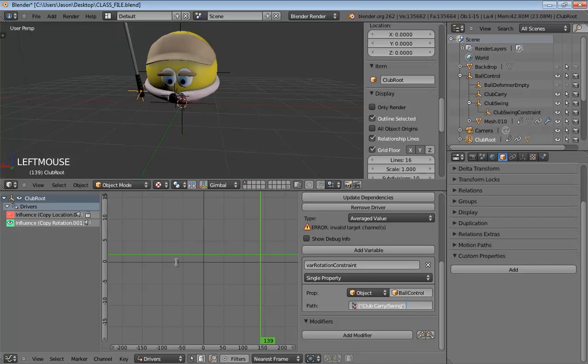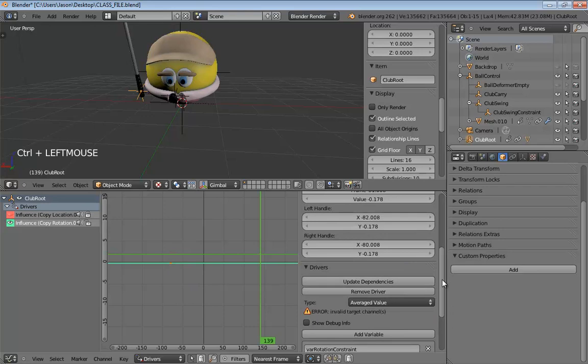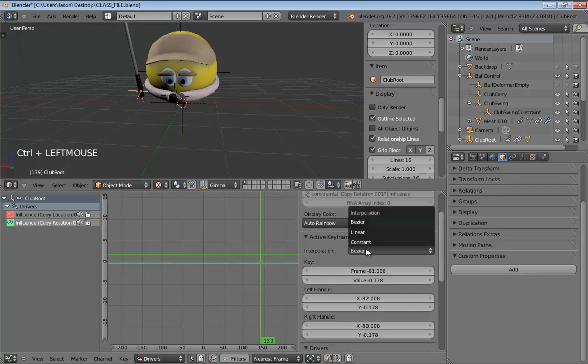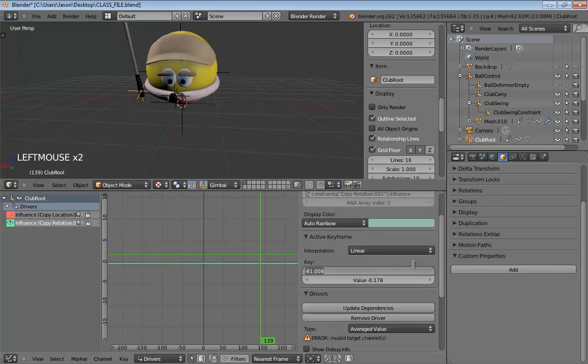So I'm just going to Control click over here in space. That creates our first one. We'll set its interpolation type to linear. Now let's just keep this simple. Frame will be -100. Value will be 0. We'll select that keyframe and copy it, and just paste it somewhere over here. Select this new keyframe, set its frame to 100, take its value, set it to 1.